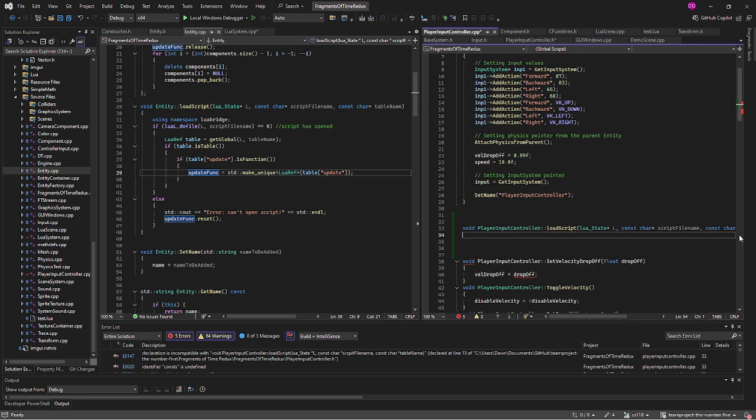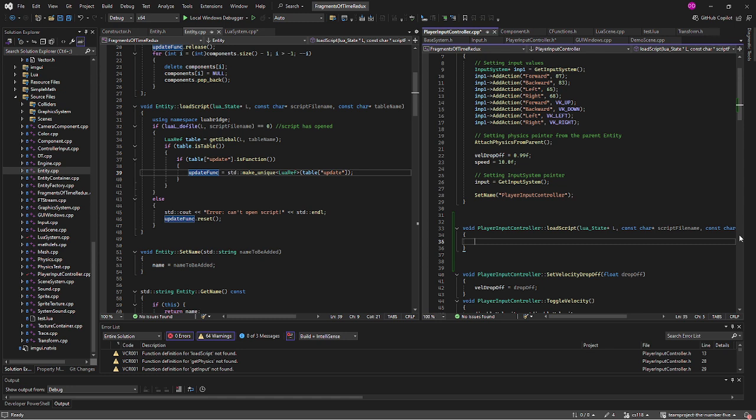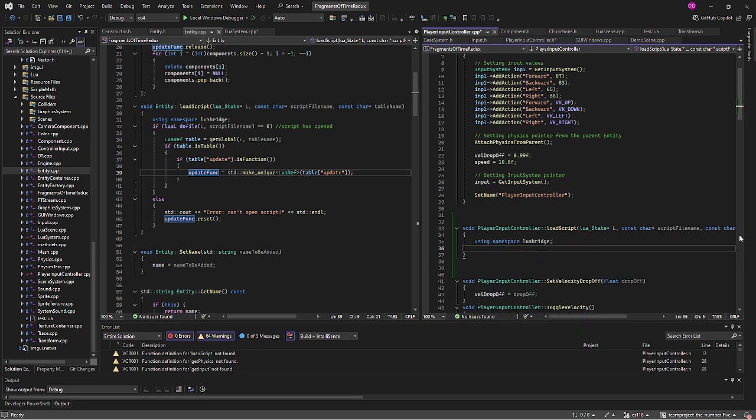Oops. All right, and yeah, we're pretty much just going to be loading a script here, and storing it in that function pointer variable we set earlier. So using namespace LuaBridge just makes it so in a few of the things that we don't have to put LuaBridge::